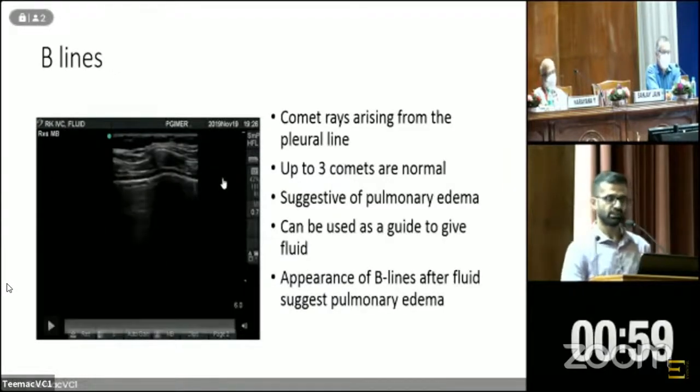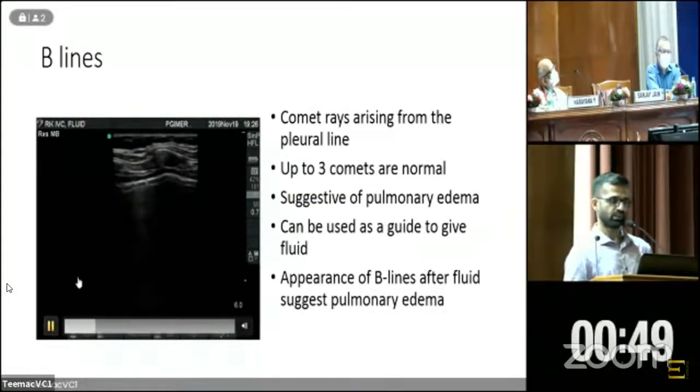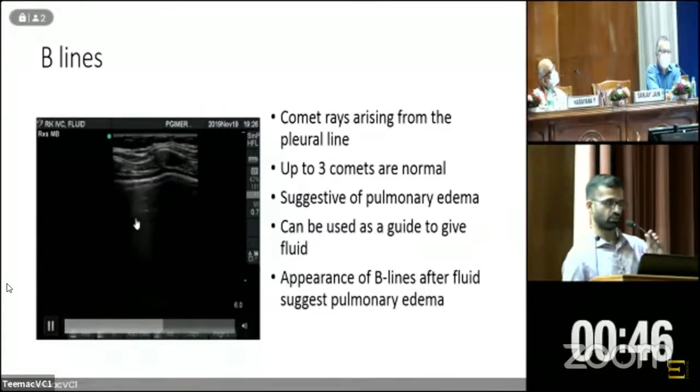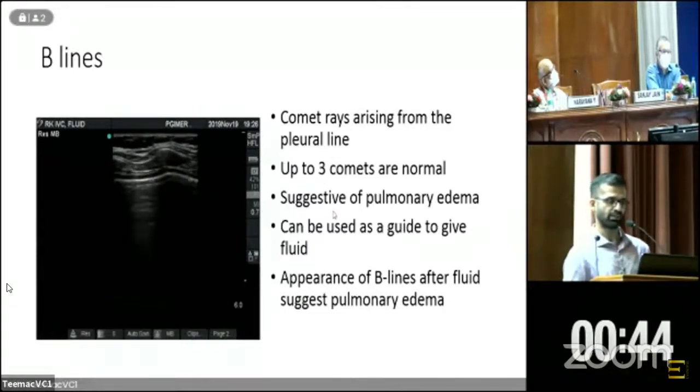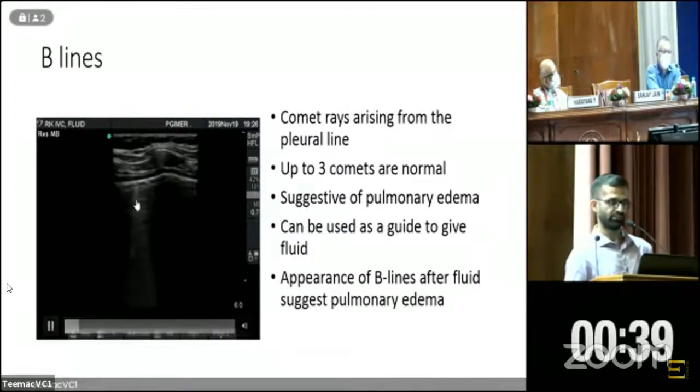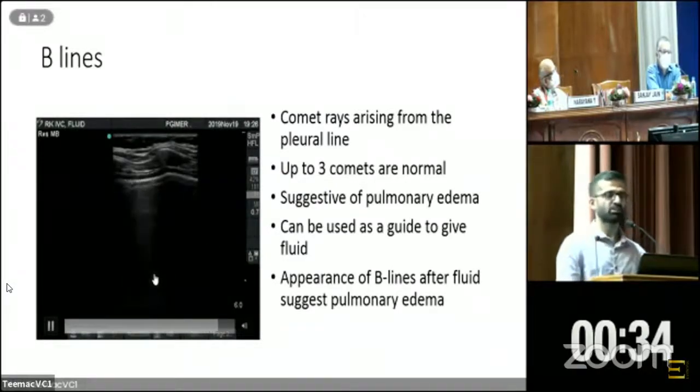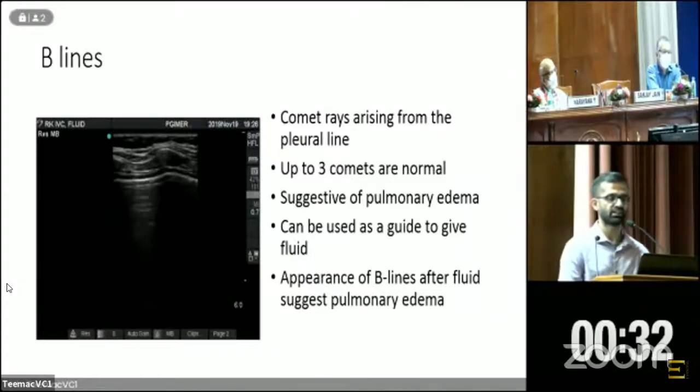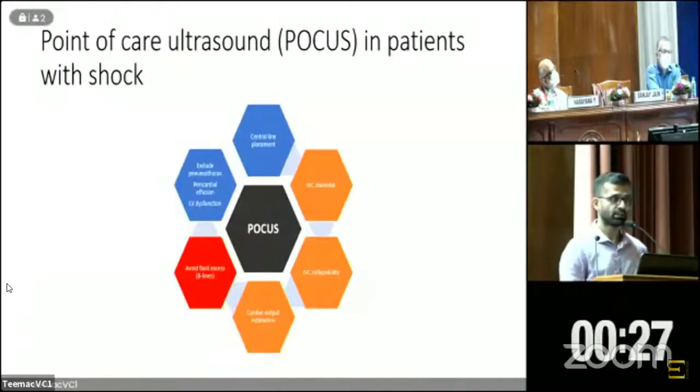So the B lines are important clues. After you have fluid resuscitated, this can be handy. This is the pleura, this is a white line, and the vertical lines, just like the disco lights, the linear lines which are like comet tails, extend up to the visualized field of the ultrasound view. This appearance of B lines indicates presence of some fluid droplets, which may increase the refractoriness and suggest pulmonary edema.